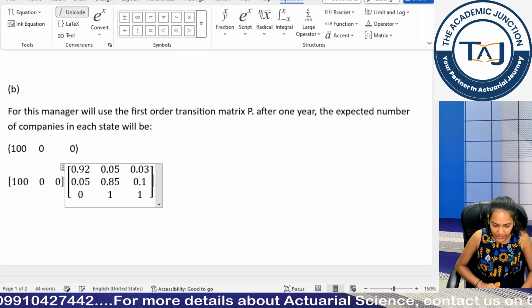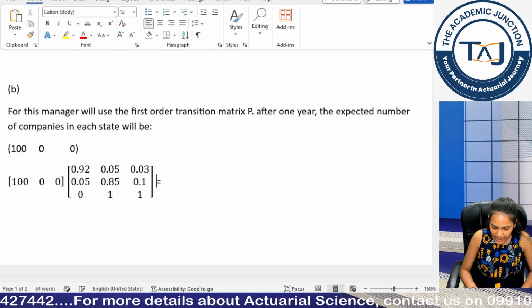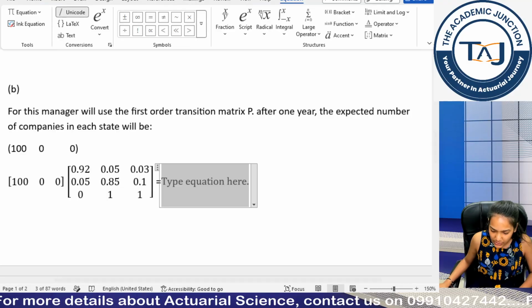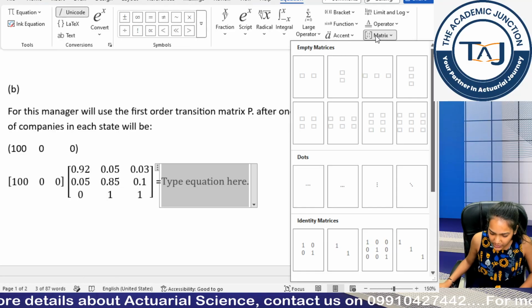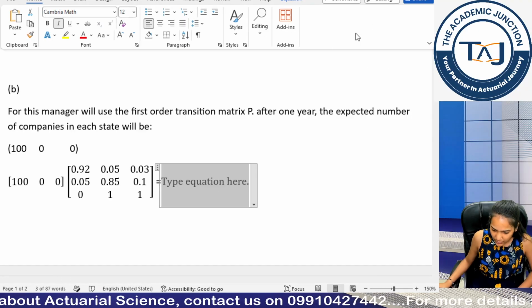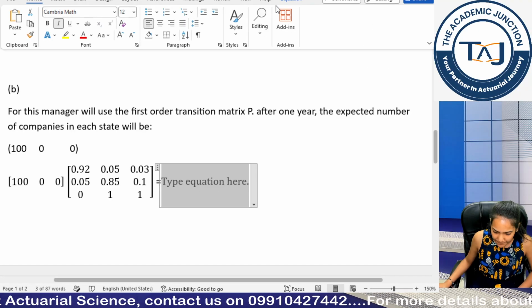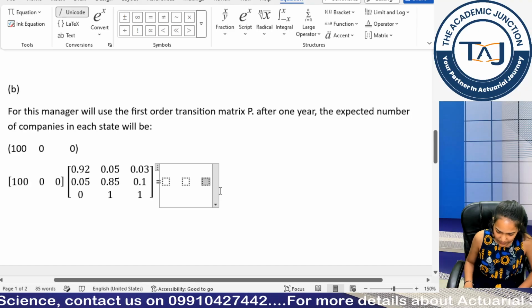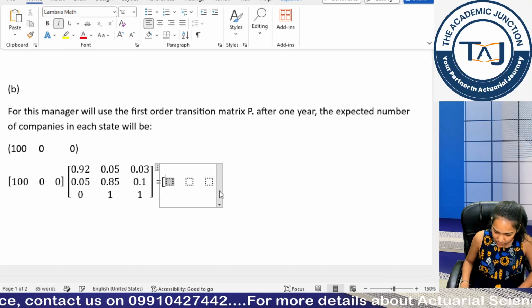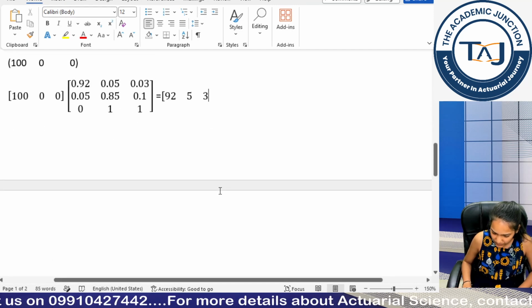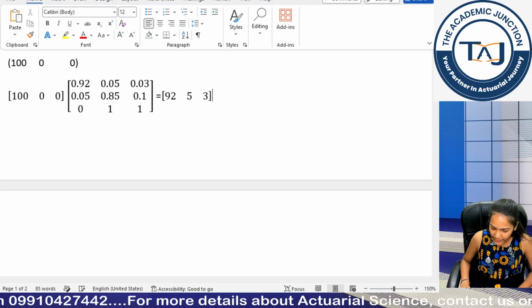Square brackets. Now this is equal to, again I insert an equation 9253, so a 3 order matrix, so I go to equation, matrix, a 3 matrix, then I start with square brackets, I write 9253 and then square brackets.